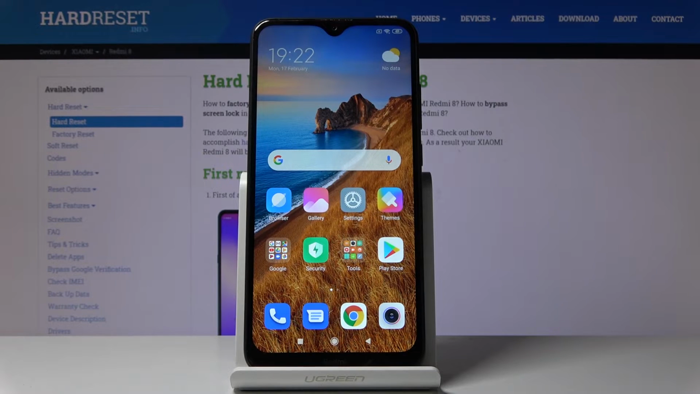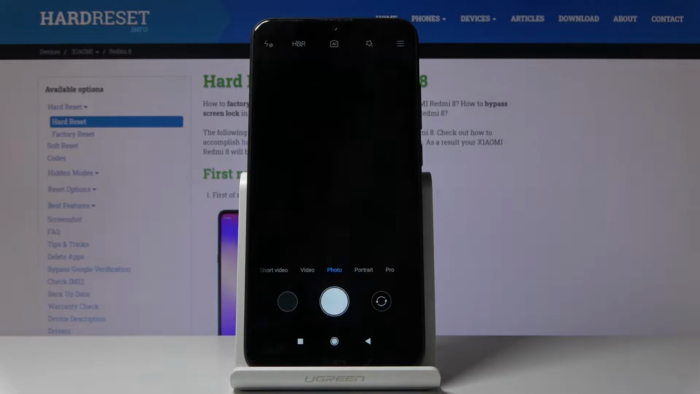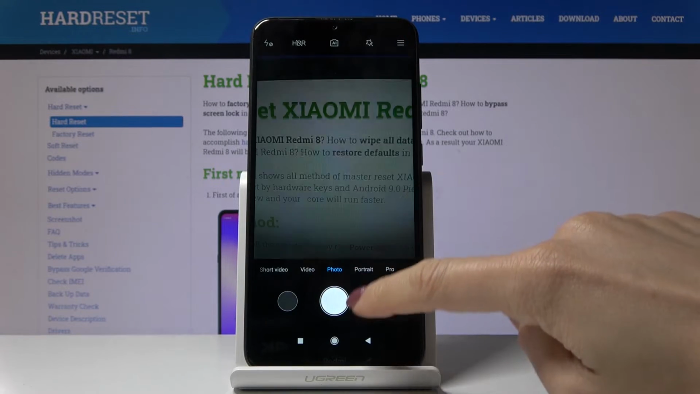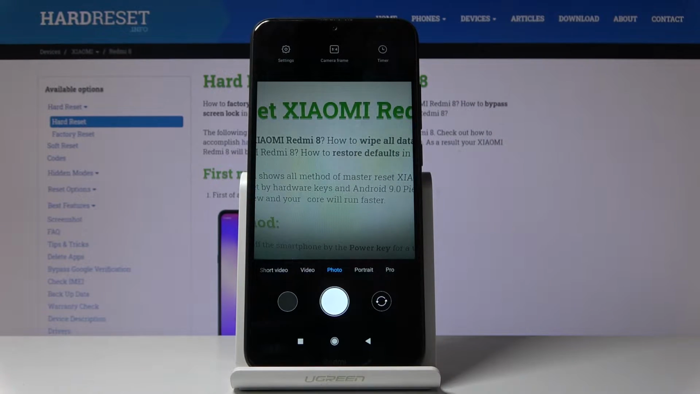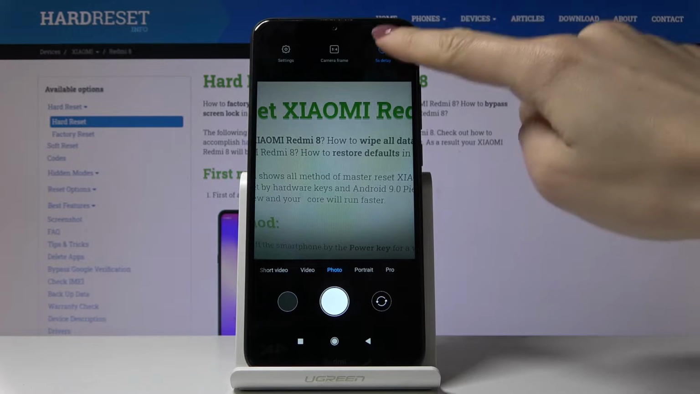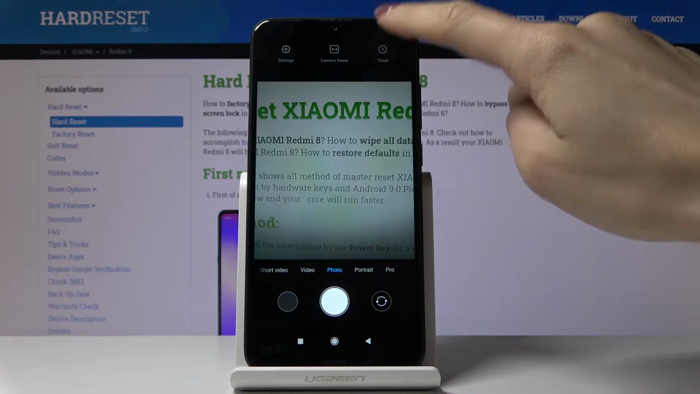Here I've got Xiaomi Redmi 8 and let me show you how to activate and use camera timer on the following device. So at first let's open the camera app. Then click on the more icon. And here you've got timer. Smoothly click on it and now you have 3 seconds delay, 5 seconds delay, or now it's deactivated, so let's